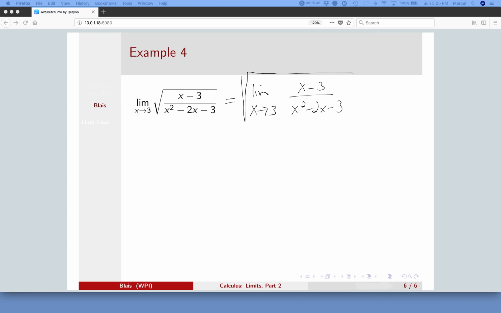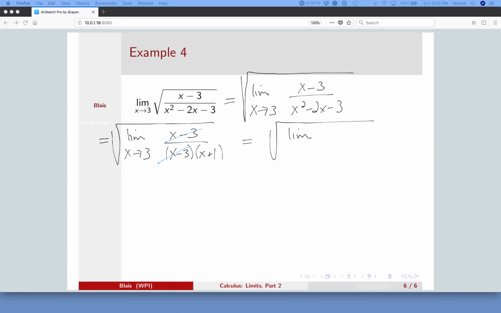And recall, we had seen an example similar to this before. What we want to do is factor that denominator. And it looks like we should have x minus 3 times x plus 1. So the denominator factors in this way. And then we note that we can cancel the x minus 3's. And so this becomes the square root of the limit as x goes to 3 of 1 over x plus 1. And we then would use the quotient law